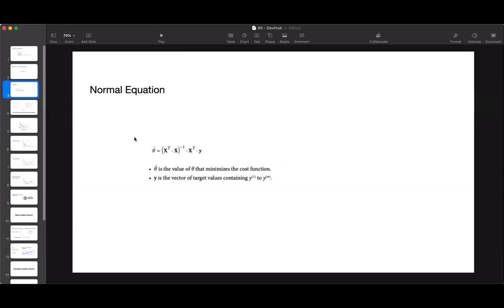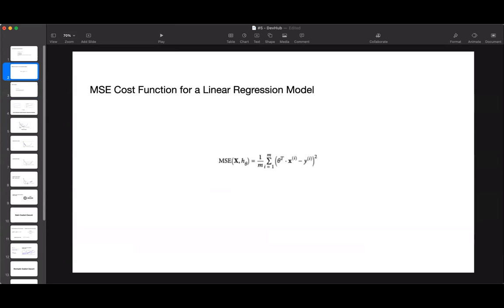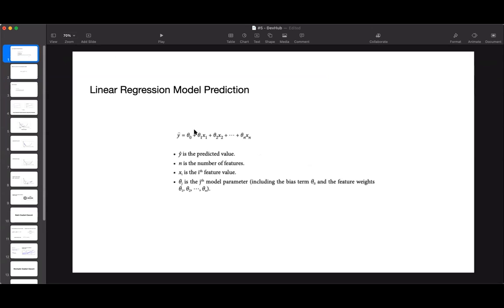Next, here you can see another equation, which is the normal equation. Now I'll come into a few details. Okay, so we saw the linear regression model, and now we want to know how to train it. Recall that training a model means setting its parameters, theta naught, theta 1 continuing to theta n, so that the model best fits the training set.